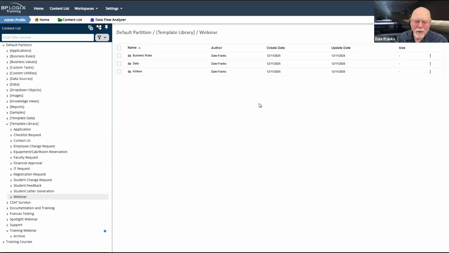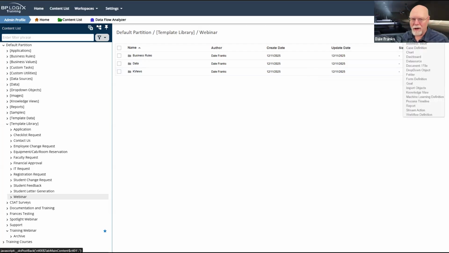So while you could create a case-based organization for a template app stub, it's probably not going to be super helpful in a lot of cases. So just keep that in mind. What we will do is just build what I'll call a standard application, which is to say an application that doesn't use case management. So I'm going to need 3 objects: my form, my process timeline, and my email template. And I'm just going to make very simple versions of each one just to demonstrate some minimal customization that you might have for your organization.